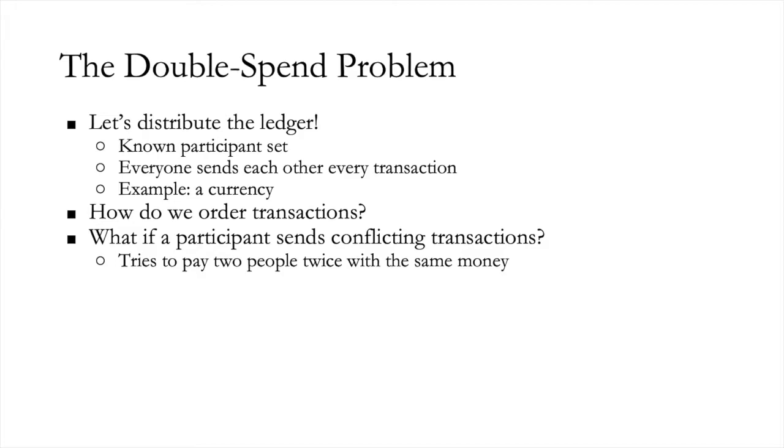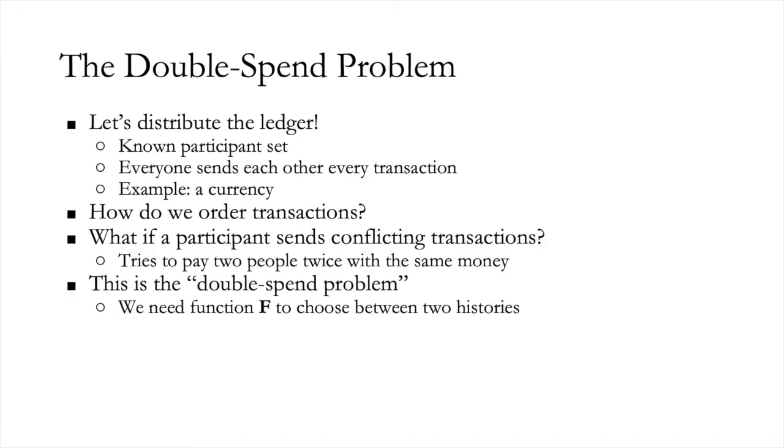And generally, we'll say that they need some function f. That function f needs to take 2 histories, 2 alternative but conflicting histories, and choose one. And we need everyone who is running this ledger to use the same function. If they use the same function, then we can be confident that if 2 people in totally different parts of the network are choosing between 2 histories, as long as they see the same set of histories to choose between, they will choose the same history, and so we will have consensus on, in this case, who has which amounts of currency.